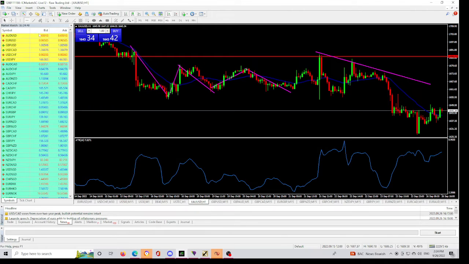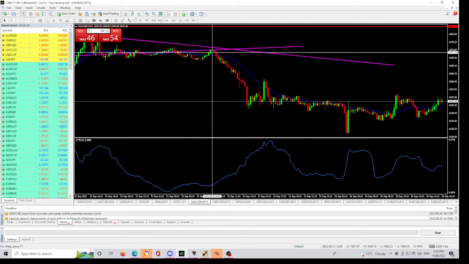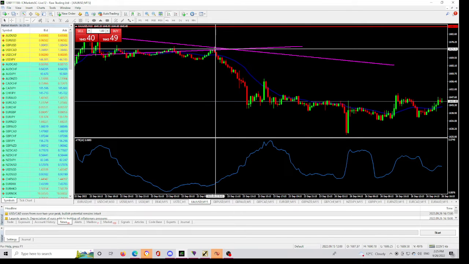So I want to look for an entry based on these trend lines, when the market starts doing like this. So this is what I have here. Then I want to move from the 1 hour and come to the 15 minute candles. Once the 15 minute candle starts to come, I have this here, I have this here. This one has just developed. So before then, all I'm going to do is look for an entry somewhere here, or here,